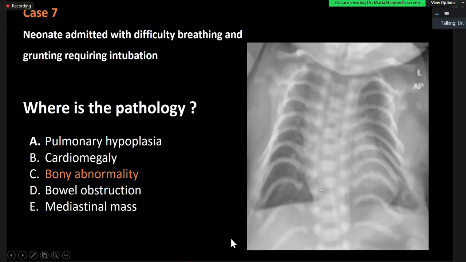Okay, so this was no doubt a bony abnormality. So what is going on? Basically, always in the cases with the respiratory distress, you need to look for the cause. It's not necessarily all the time that you are getting something in the chest. Sometimes the bones play an important role in the respiratory distress of the patient that can cause that particular